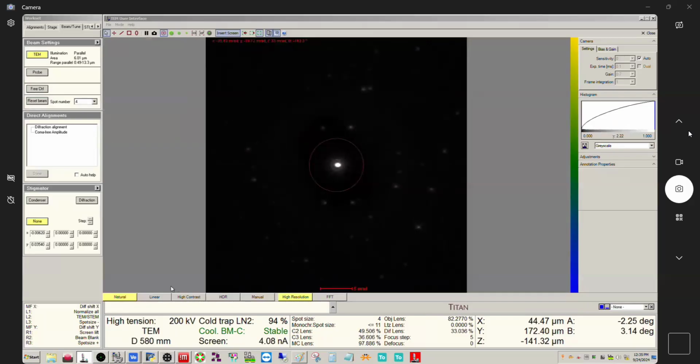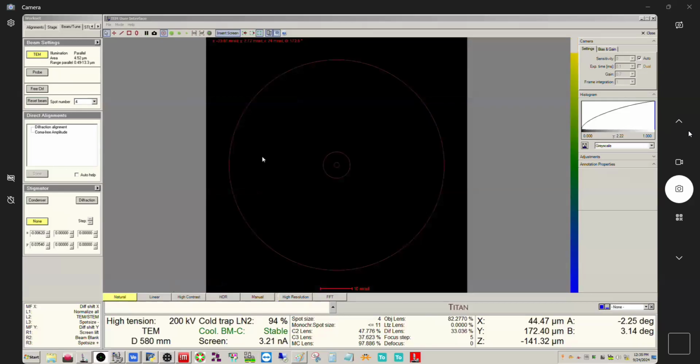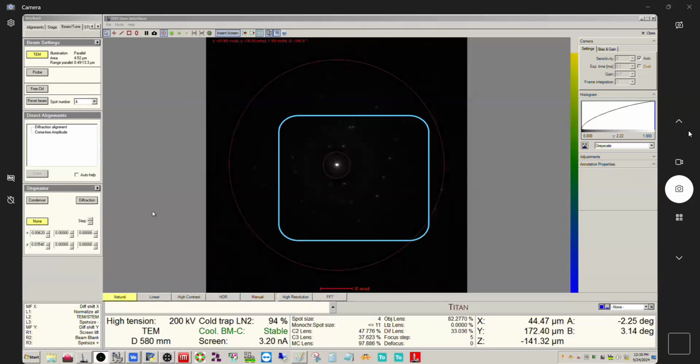Okay, so now when we adjust the intensity knob, right, that spot should stay focused as we change the illuminated area. Okay, approximately. All right, so I'm going to turn off high resolution mode. Now, when you take your diffraction patterns,